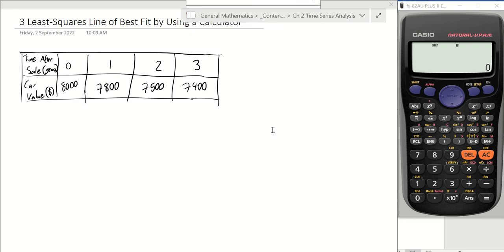Alrighty, good morning everyone. So today we're going to be having a look at how to do that least squares line thing that we did in Excel and doing it in the calculator. So in order to do that, we're going to need to use the statistics mode. So in order to switch mode, we're just going to go into mode and then we're going to click 2